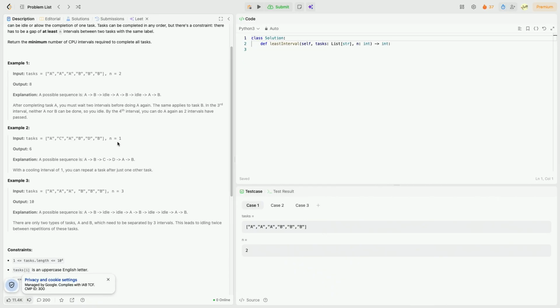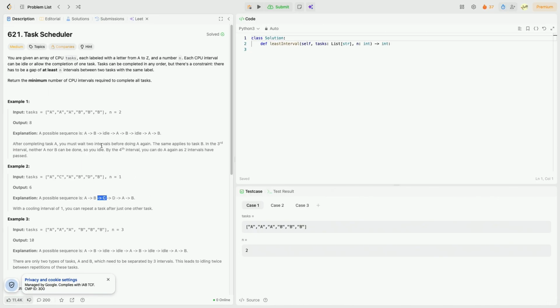Here's another example. This time we need to wait only 1 cycle between executing the same task again, and we're given the input tasks A, C, B, D, and A and B twice. Now we only need to wait 1 cycle between executing A and A again, but we might want to choose a different task, even though we could schedule A right after B again. So how can we deal with this? Well,